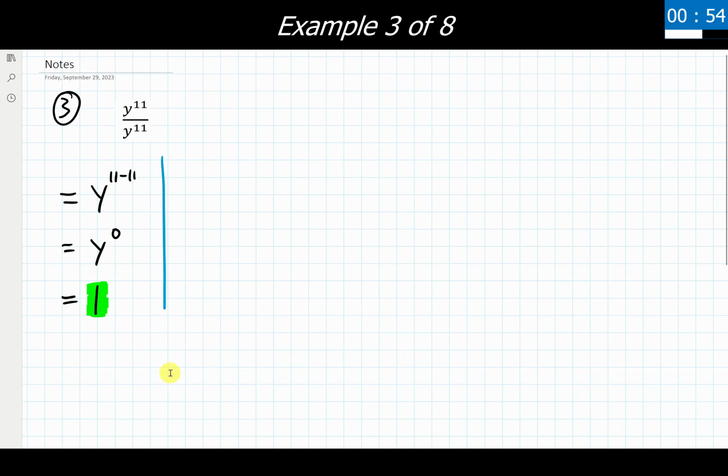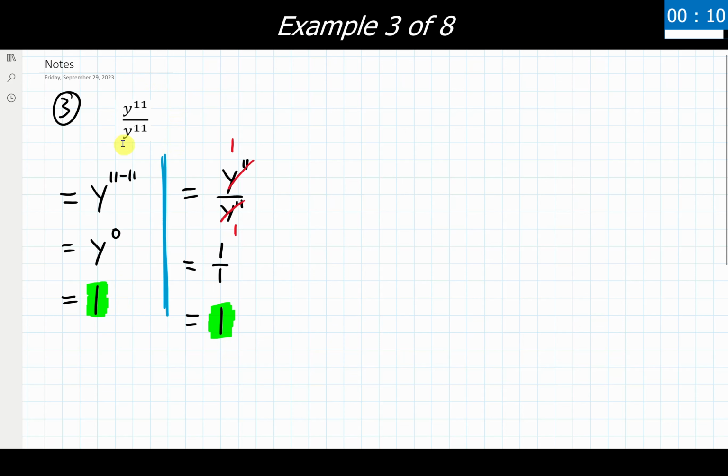If we were to have this exact same problem here, I have y to the 11th divided by y to the 11th, we effectively have the same thing being divided by itself. I have whatever the numerator is divided by its equivalent thing in the denominator spot. Anything divided by itself means that these things cancel out and they each become 1. So this will ultimately reduce down to being 1 over 1, and 1 divided by 1 is just going to be 1 again. So hopefully this gives a little bit of an insight as to how we have something raised to the 0 power equaling 1 for our final answer.